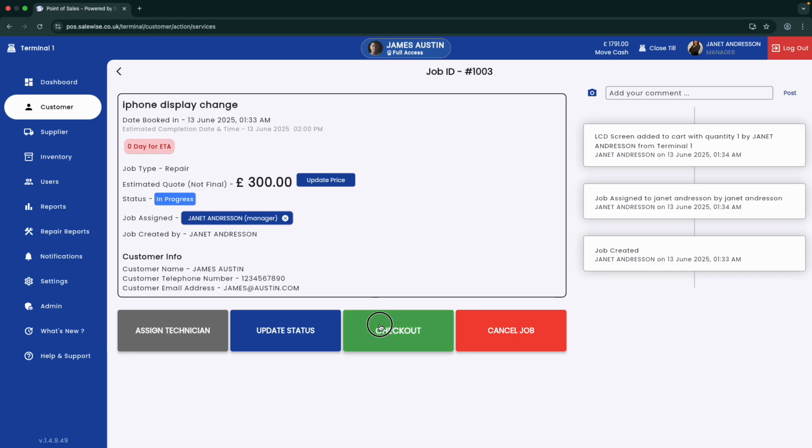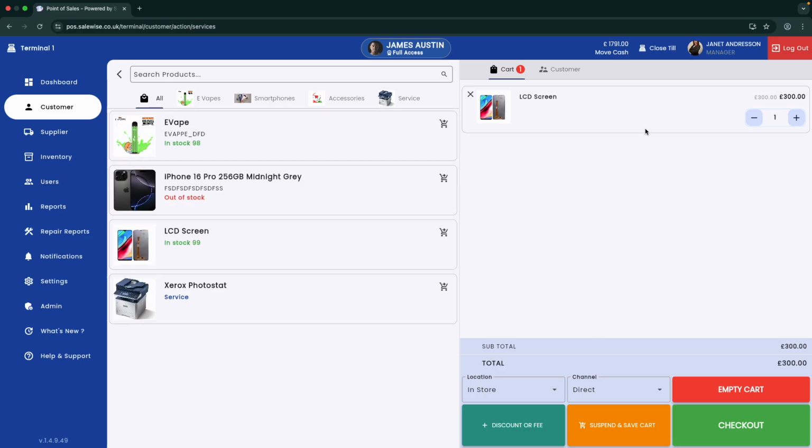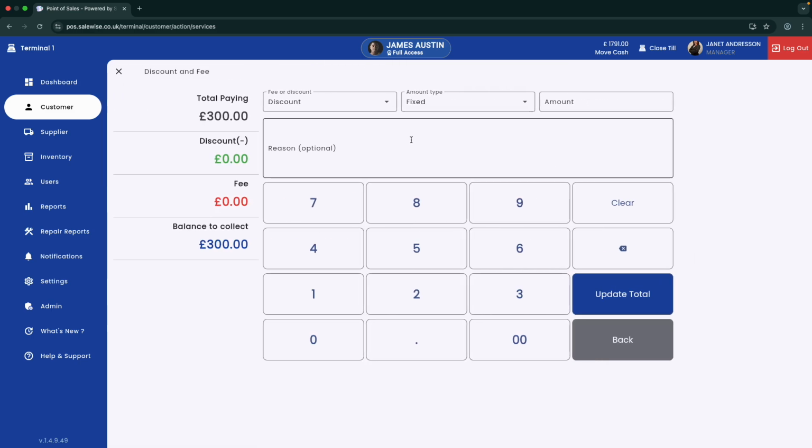So we're going to go to checkout again, and let's say sometimes you need to add your repair fee, like a service charge or something. To add a fee, you can click on discount plus fee, and let's say we're going to add a fee of fixed type. You can add a percentage or fixed. And let's say we're going to add a fee of £50. That's a repair